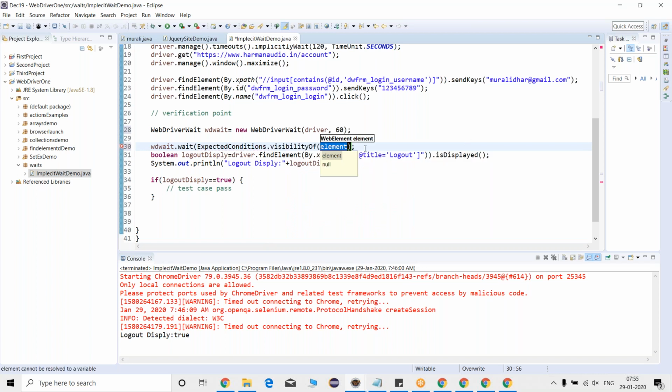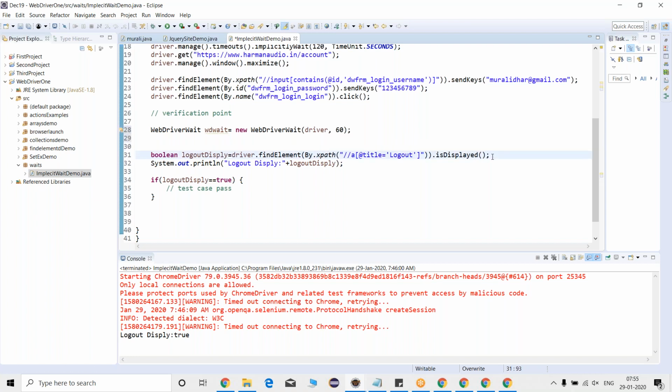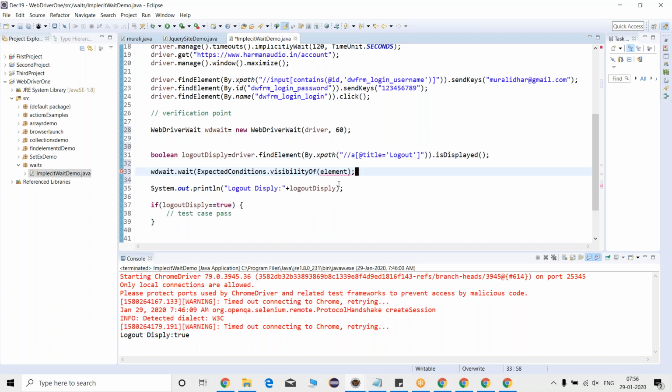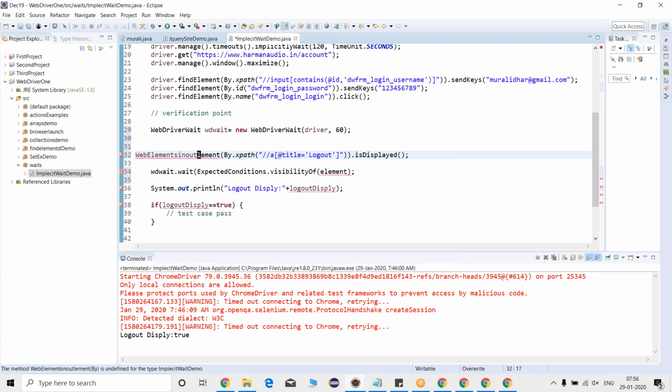Visibility of what, team? It is asking for a parameter, a web element. Observe here, I can apply this condition for my logout method with WebDriver wait. It is asking for a web element as the parameter. First of all, let me identify this one and store it into a web element. WebElement signOut equals to